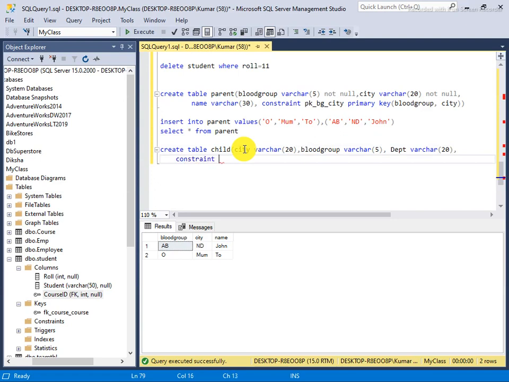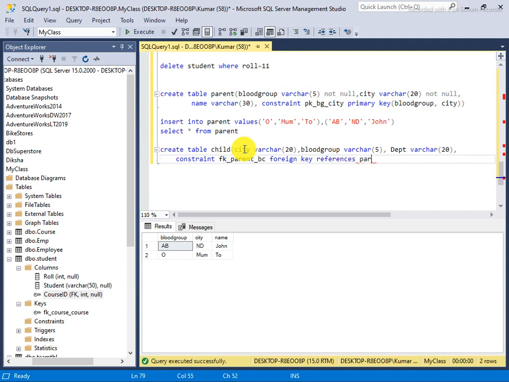I am saying it's a foreign key, name of the constraint, parent B and C, which is blood group and city name, and here I say foreign key references, because in your table there may be multiple references to multiple tables, so you say which table you are using.